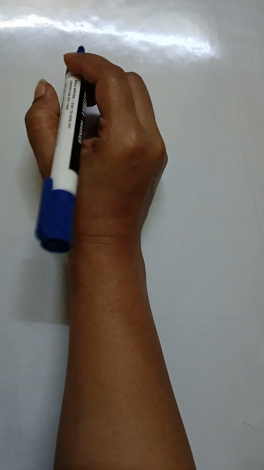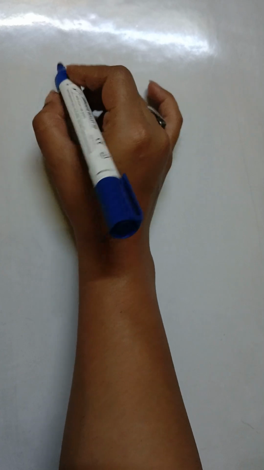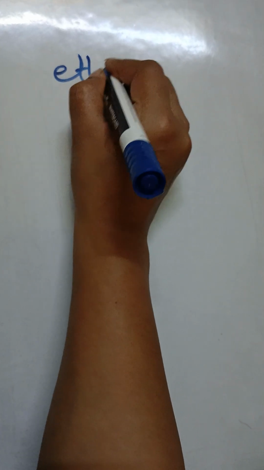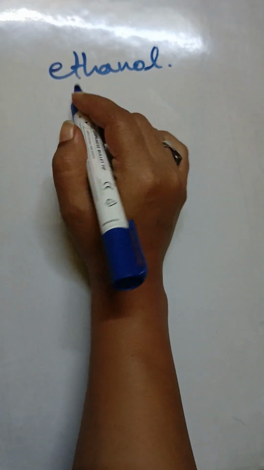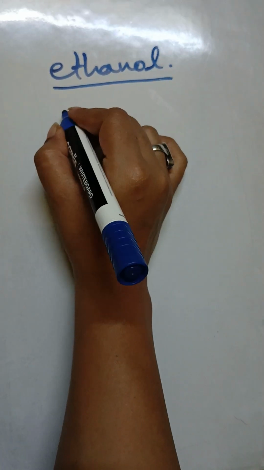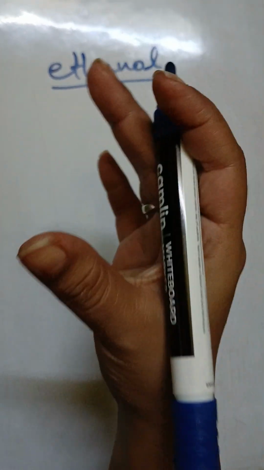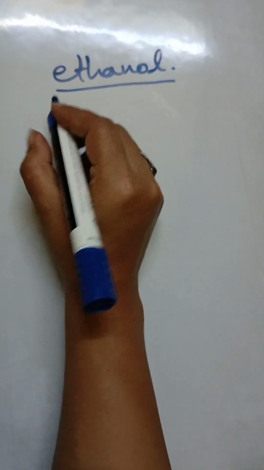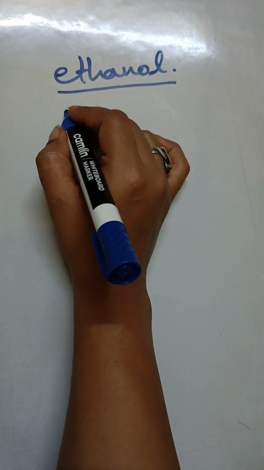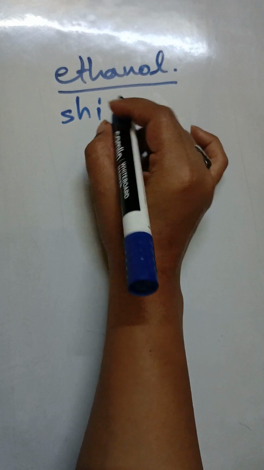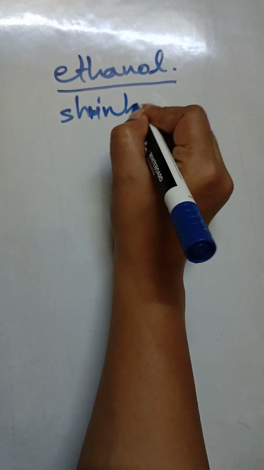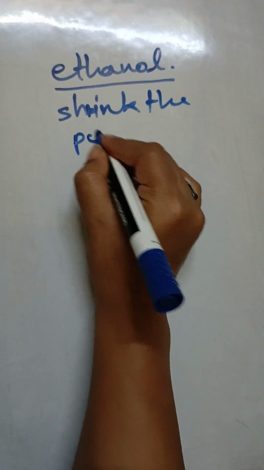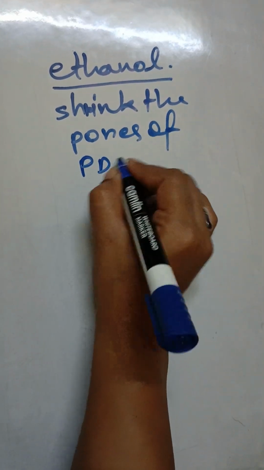In case of gram positive bacteria, when the ethanol is used, it basically shrinks the pores of the highly cross-linked PDG layer. Okay, so ethanol generally shrinks the pores of highly cross-linked PDG layer,